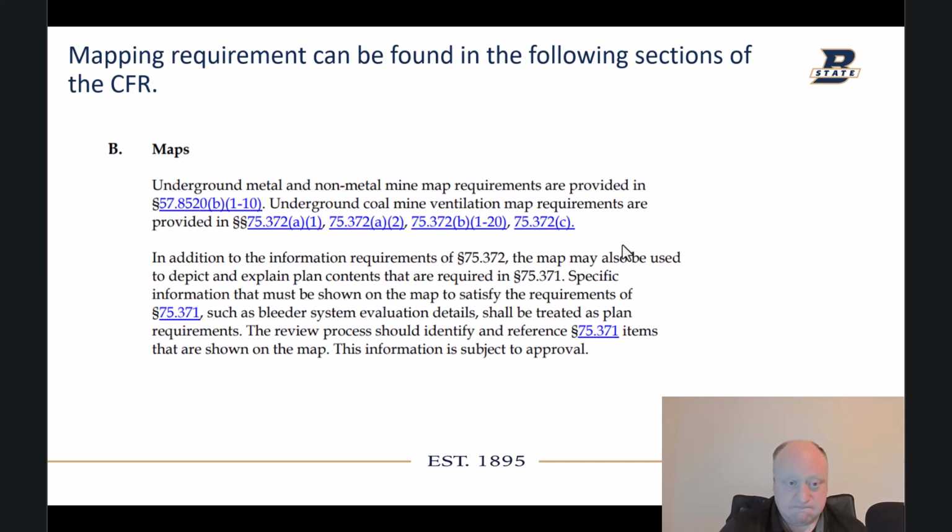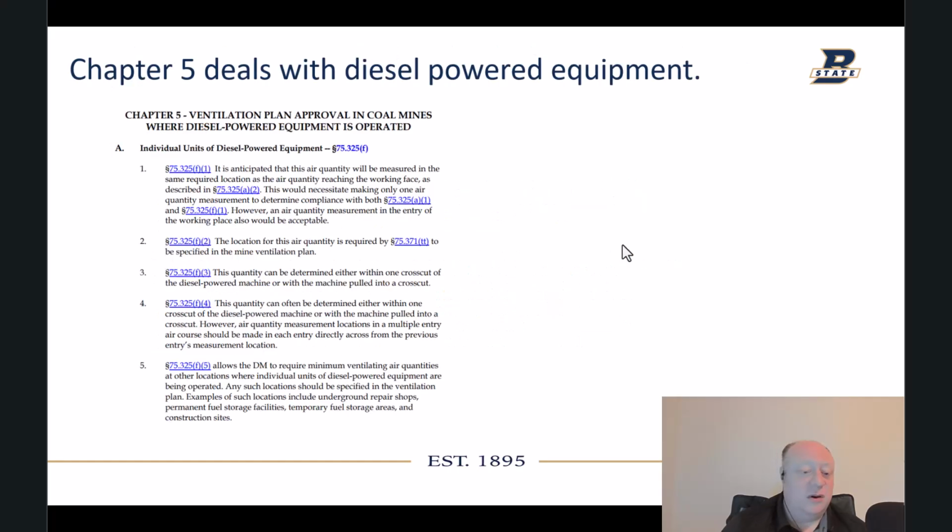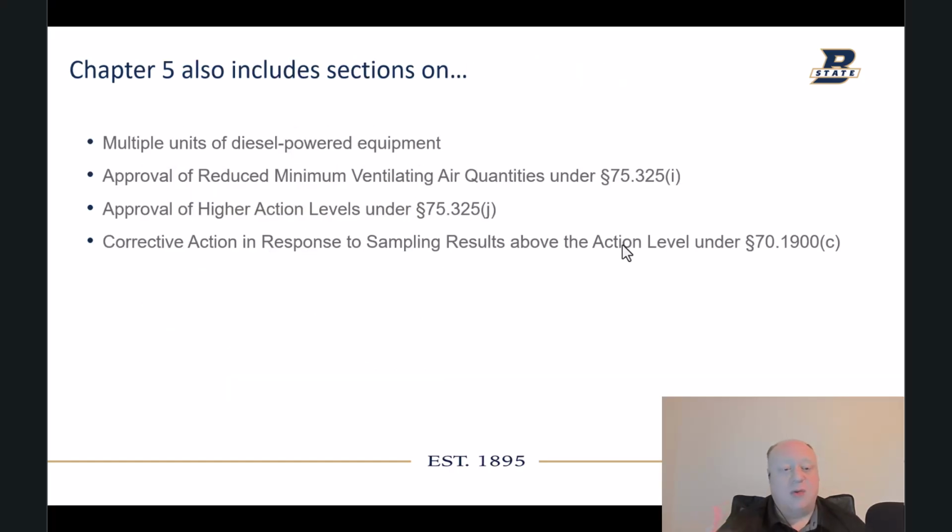So, moving on, Chapter 5 deals with diesel-powered equipment. So ventilation plan approval in coal mines where you have diesel equipment is in Section A here, but then they also have more information on what's required for multiple units of diesel-powered equipment, approval of reduced minimum ventilating air quantities, okay, approval of higher action levels, and corrective action in response to sampling results above the action level under